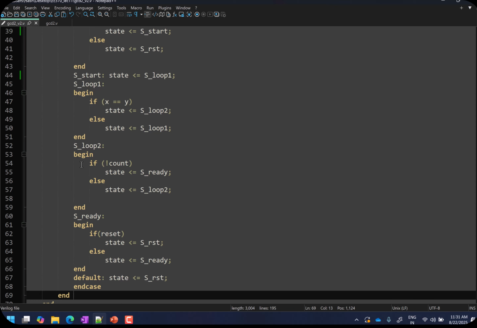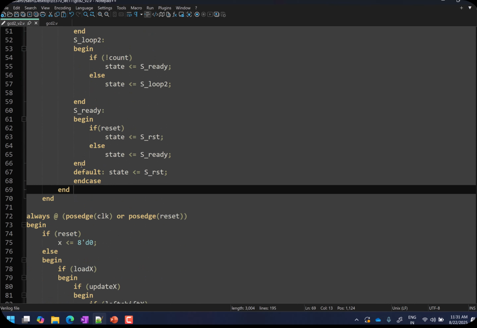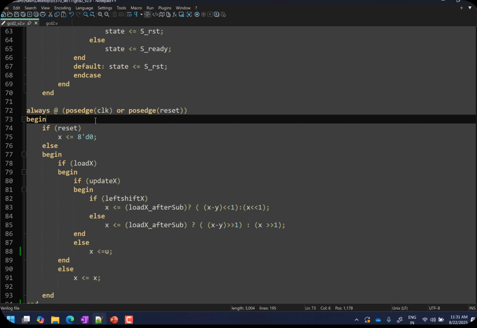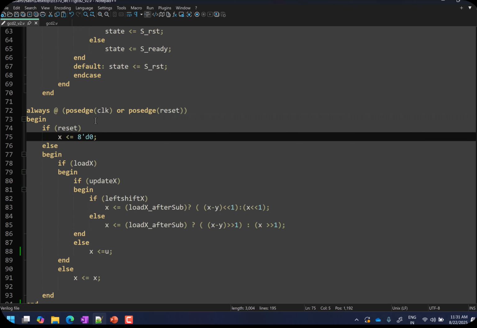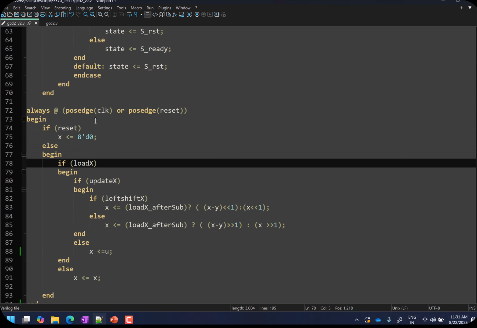Now let us look at how we would assign values to the variable x. Under the reset condition, I say that x has to be initialized to 0. Now what are the mux signals that I should look at? Look at the data path design you have and tell me.